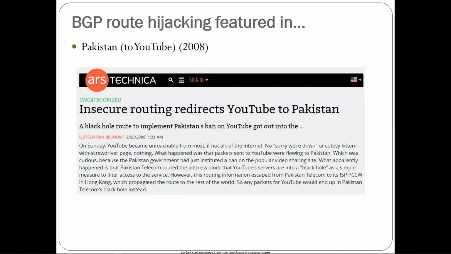Okay, so BGP route hijacking has been featured in many incidents, some recently. Pakistan did this to YouTube because they were trying to rid themselves of YouTube locally. They're like, yeah, YouTube is really subversive, so we're going to take those IP addresses that belong to YouTube, and we're going to advertise that their route was to /dev/null. They're going to black hole that traffic. In doing so, because they're just targeting the YouTube address, Google is aggregating and advertising a larger prefix around. So when Pakistan decided to say, you know,